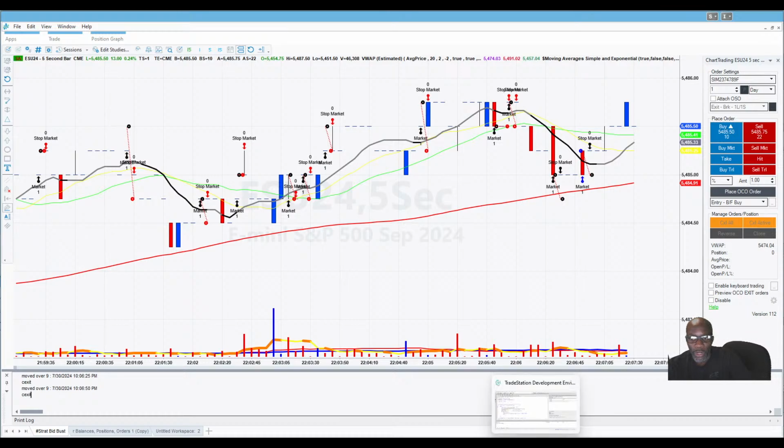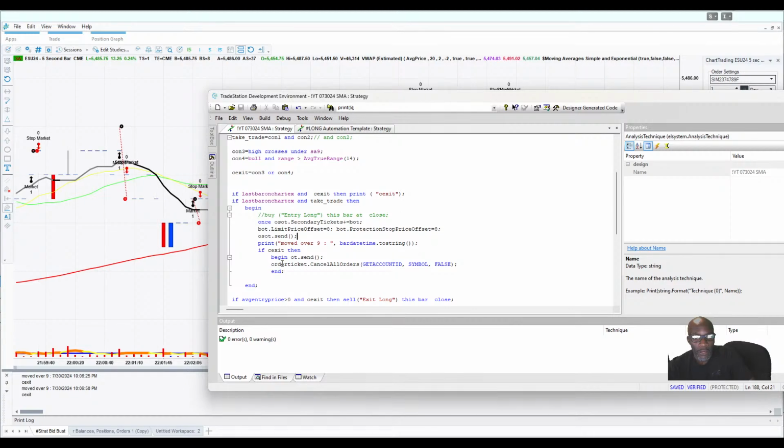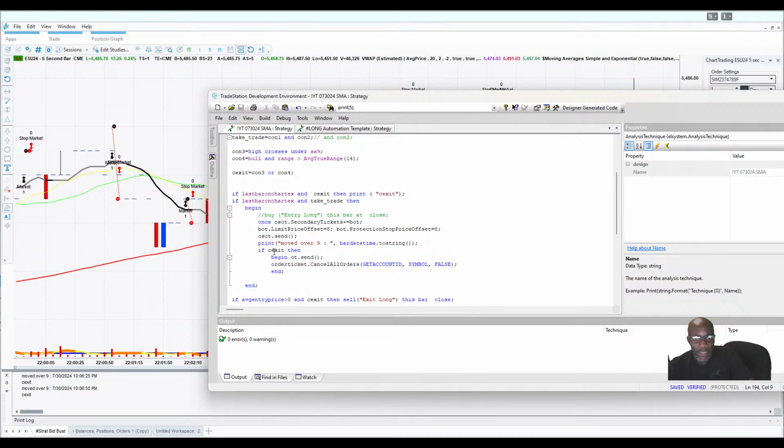In such an illiquid market as it is after hours like this, this will never work because it's just volatile, illiquid, up and down. C exit and